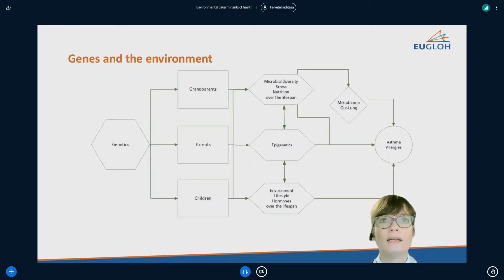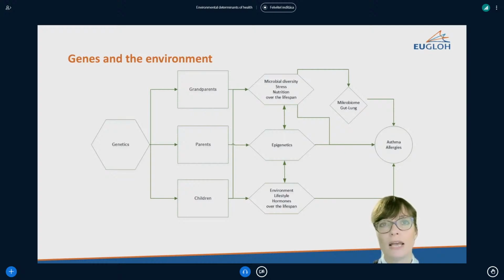The SOLAR study. Here, our outcome is respiratory health and asthma. And until some years ago, there was big hope that genetics would be the key to the origins of many diseases like asthma and allergies. While genes form the basis of our health and well-being, they can be modified, not only slowly over time and not only by passing genes from parents to children, not only by mutation, but also